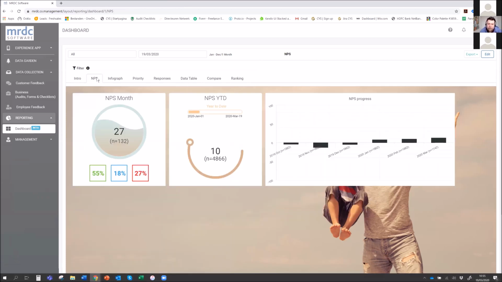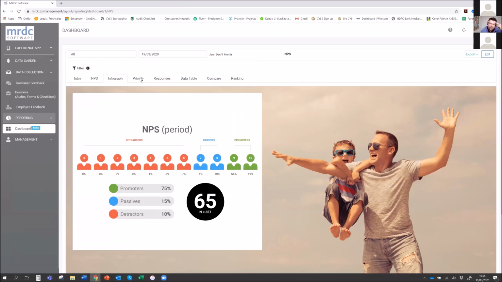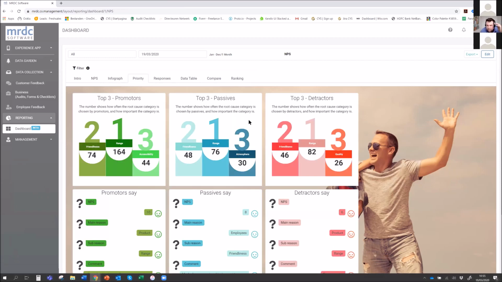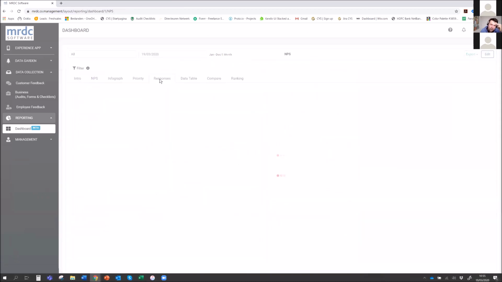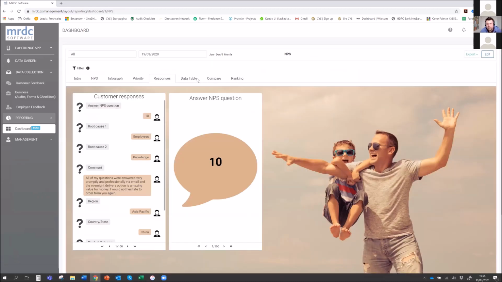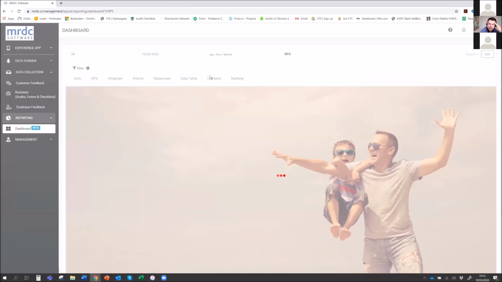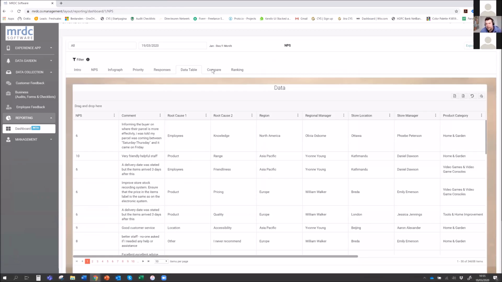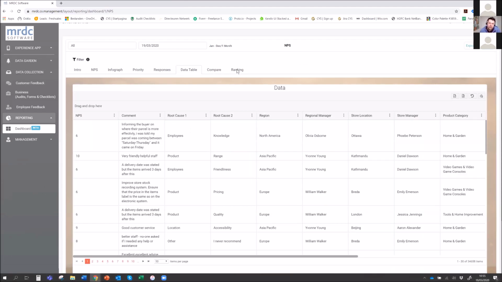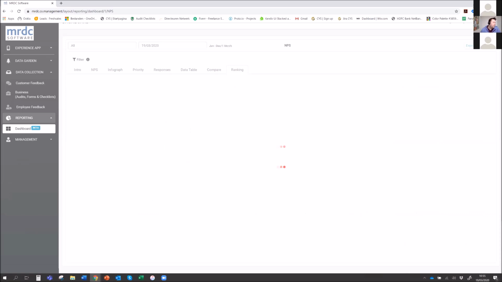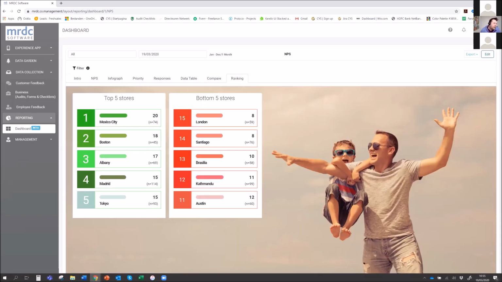So this is just a few visuals just to give you an idea of what you can do. It's all different kind of functionality. Some is based on individual records, some is based on calculations. This is just to show you an idea of some of the visuals. But depending on how you set it up, you can build tables, you can build data tables, you can build graphs, you can build rankings, whatever you want to do. But just to give you guys an idea on if you then make it for a customer,